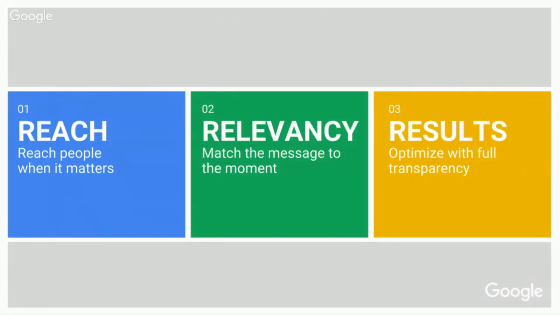Relevancy is about matching the message to the moment. This is about ensuring that you're able to show the right ad when it matters. Our real-time bidding and creative optimization is designed to help you do exactly that. And third, results is about optimizing with full transparency. This is about knowing exactly where your ad dollars are spent and how they perform, and being able to improve